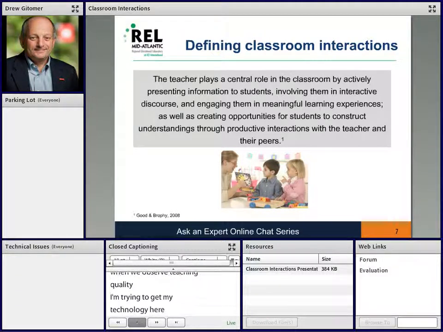So across the ages, philosophers who've discussed teaching have focused on the nature of interactions among teachers and students. Socrates, Rousseau, Dewey, they all saw the teacher as one who facilitated learning by creating opportunities and experiences for students to engage in thinking and learning. And these general principles carry through current conceptions of effective teaching and protocols for classroom observations. So we focus not simply on the acts of the teacher, but to the extent that there are productive interactions